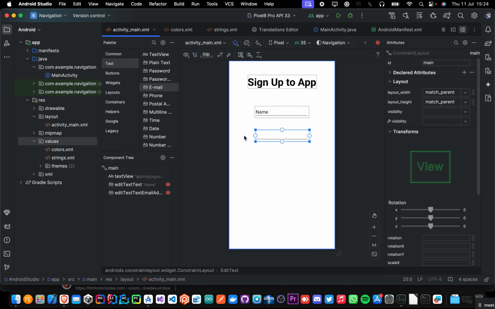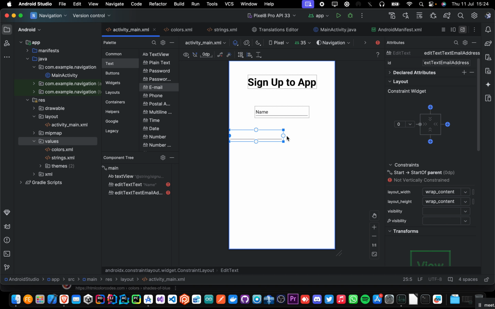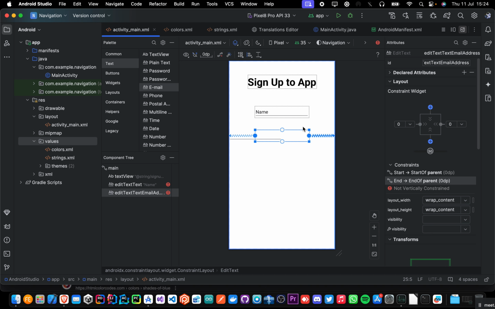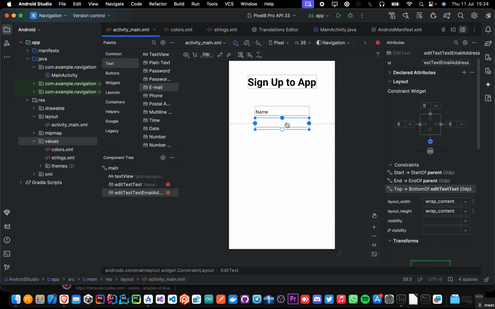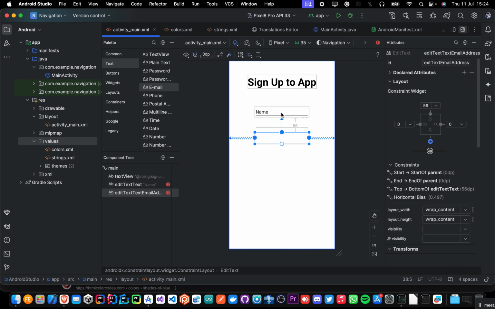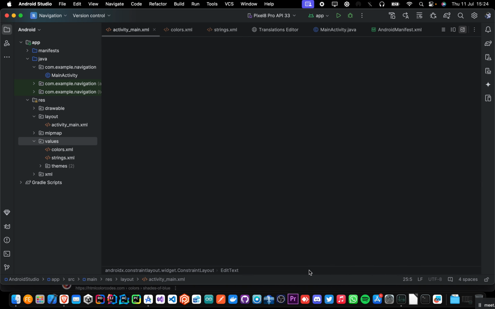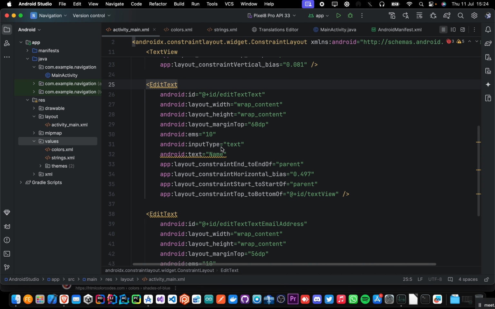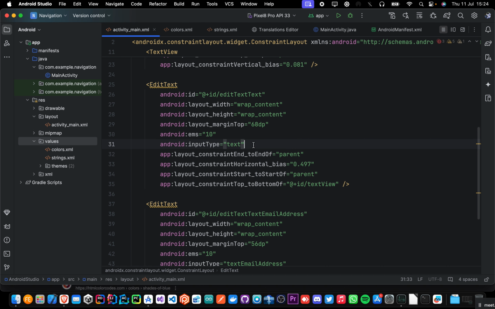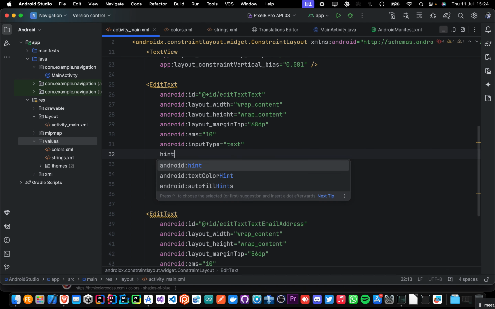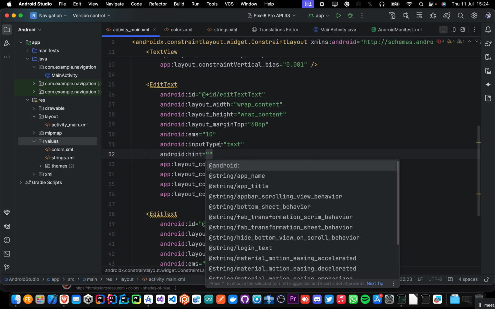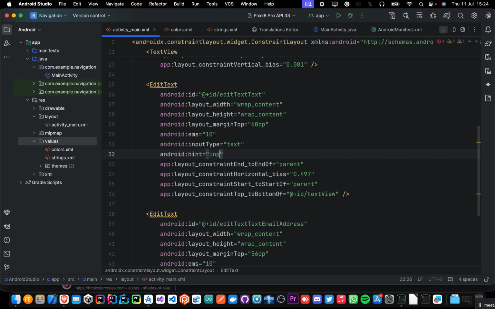This will be the email address, and then we constrain it. We say that we have to constrain things horizontally and now vertically. This is the email address. I'll constrain it to the name. And for the name, if the user doesn't know what to input, you can give them a hint. And for input, you don't use the text, just use a hint. Just say hint, and then Android will do that. And the hint will be